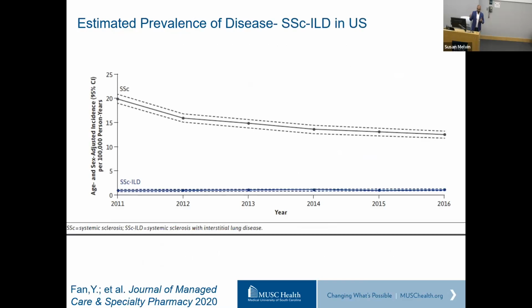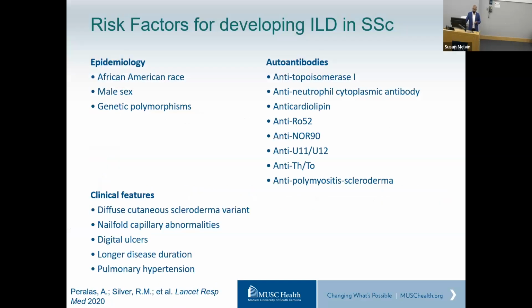This is, again, a little bit older data that looked at the incidence and prevalence. You can see from 2011 to 2016, about 9 years ago now, you were seeing a plateauing in systemic sclerosis prevalence, while you're seeing a slight uptick in the ILD prevalence. I suspect, and we are waiting on more updated data on current estimates, that this may have changed with increasing numbers of people undergoing CT scanning, as well as lung cancer screening and other incidental ways in which interstitial lung disease is being picked up.